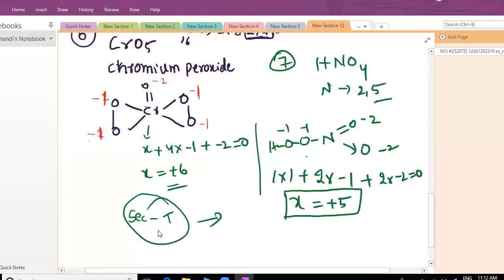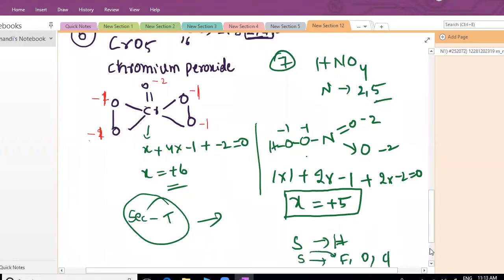Like that, sulfur can show a minus oxidation state when it combines with a less electronegative atom, like hydrogen. Sulfur can show a positive oxidation state when it combines with a more electronegative atom like fluorine, oxygen, chlorine. These are more strong persons. They will take electrons easily from sulfur. But sulfur can take electrons easily from hydrogen. That depends upon strength.